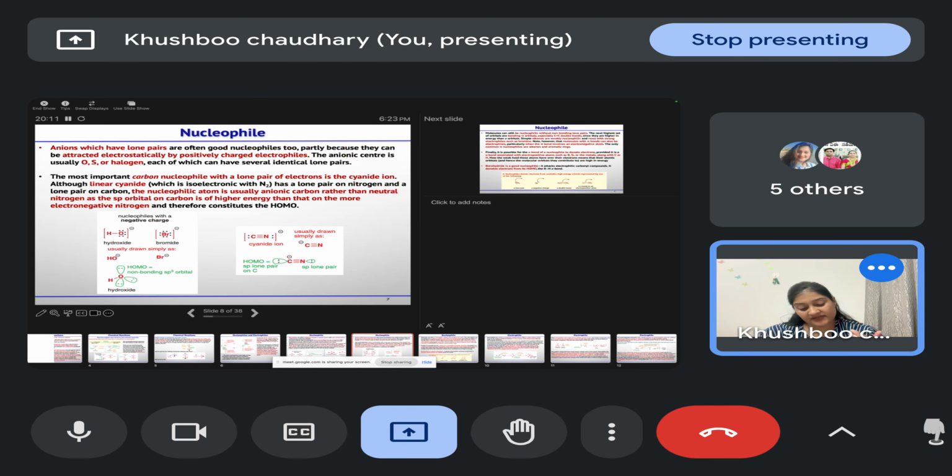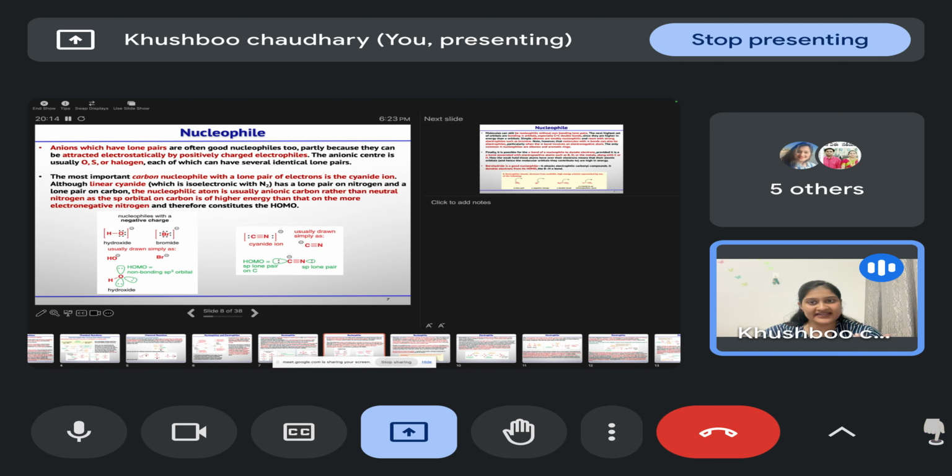Now anions can also act as nucleophiles, having a negative charge. So anions which have a lone pair can act as a nucleophile because they can be attracted towards the positively charged electrophile, and the anions that are possible with oxygen, sulfur, and halogens can act as nucleophiles. For example, in the case of hydroxide ion, we have oxygen that contains a lone pair of electrons and a negative charge on it. Similarly, bromide ion,